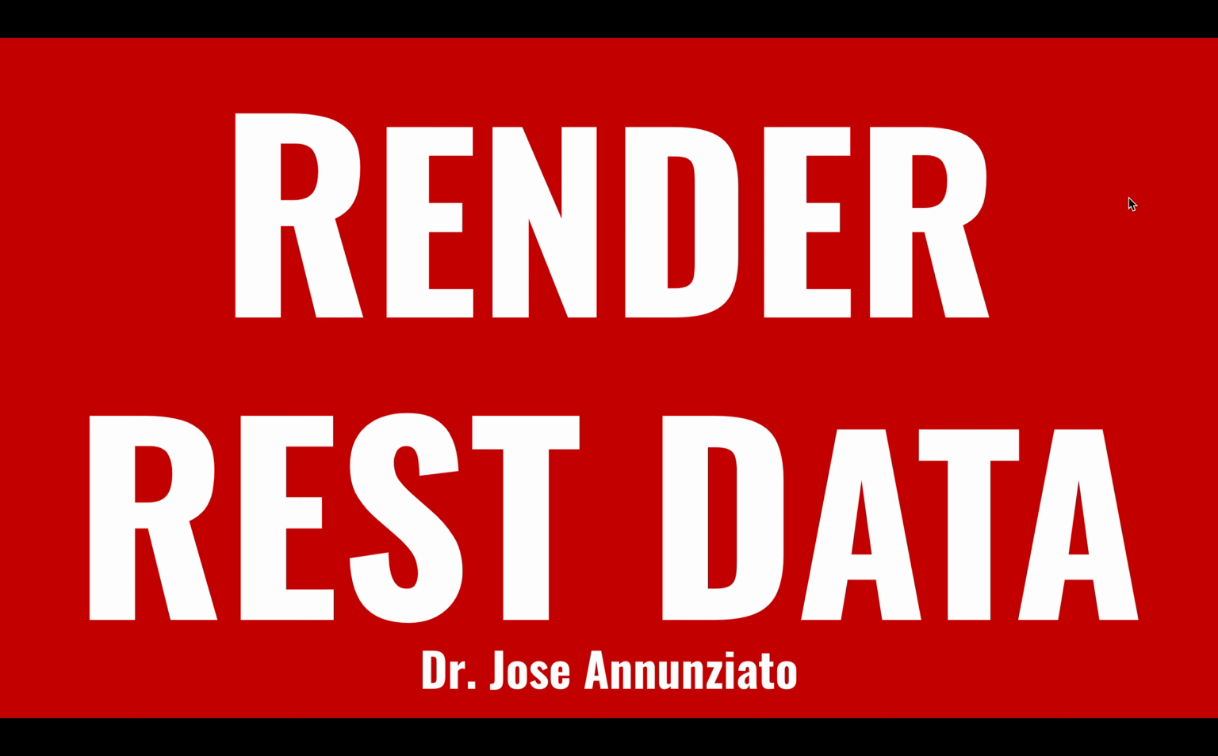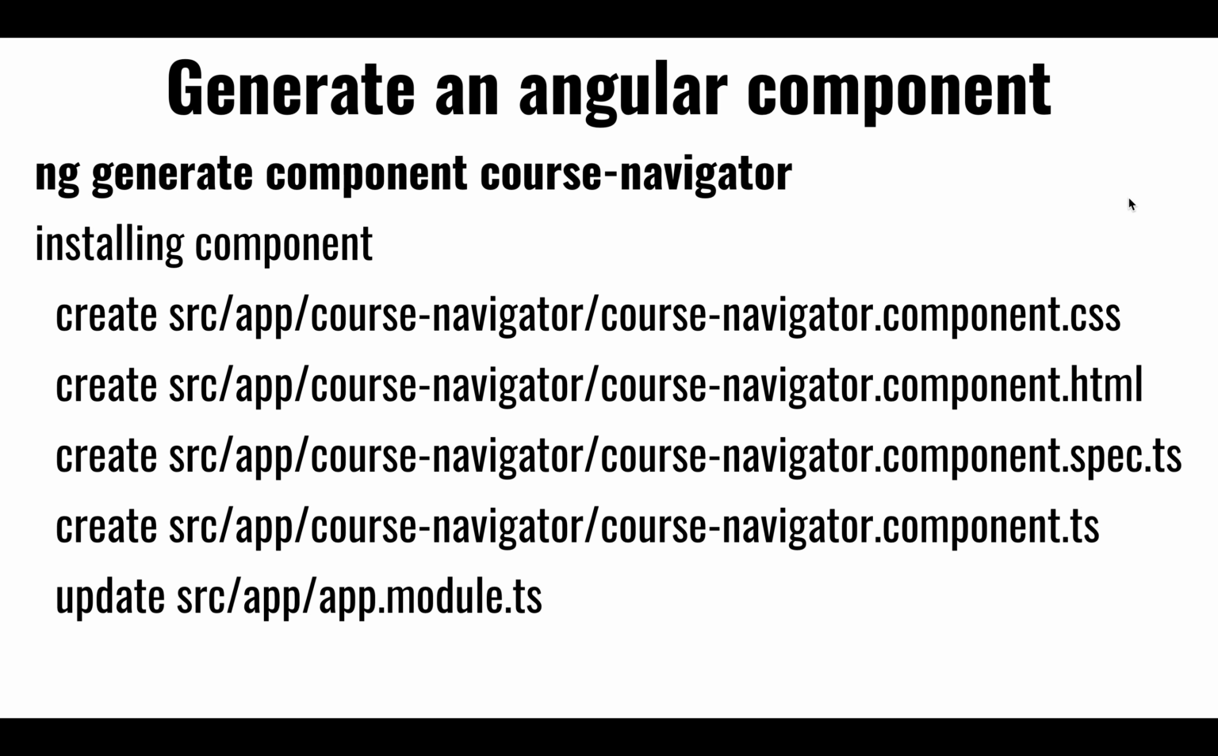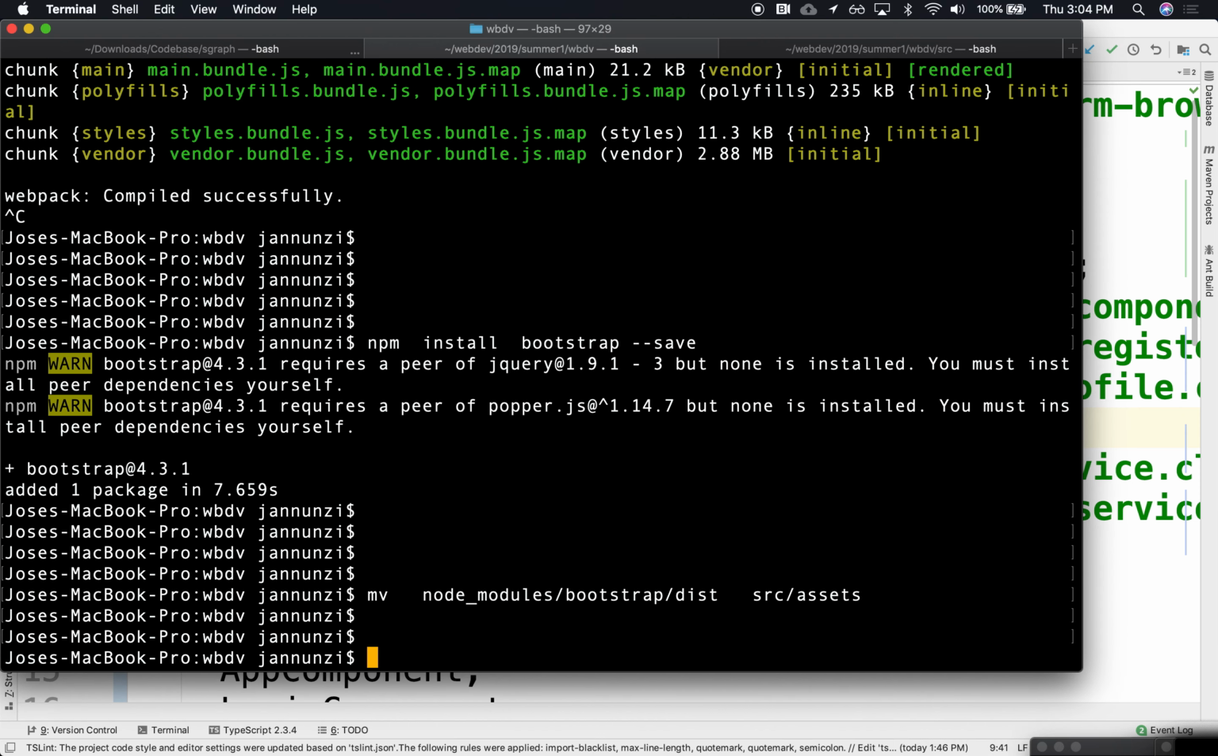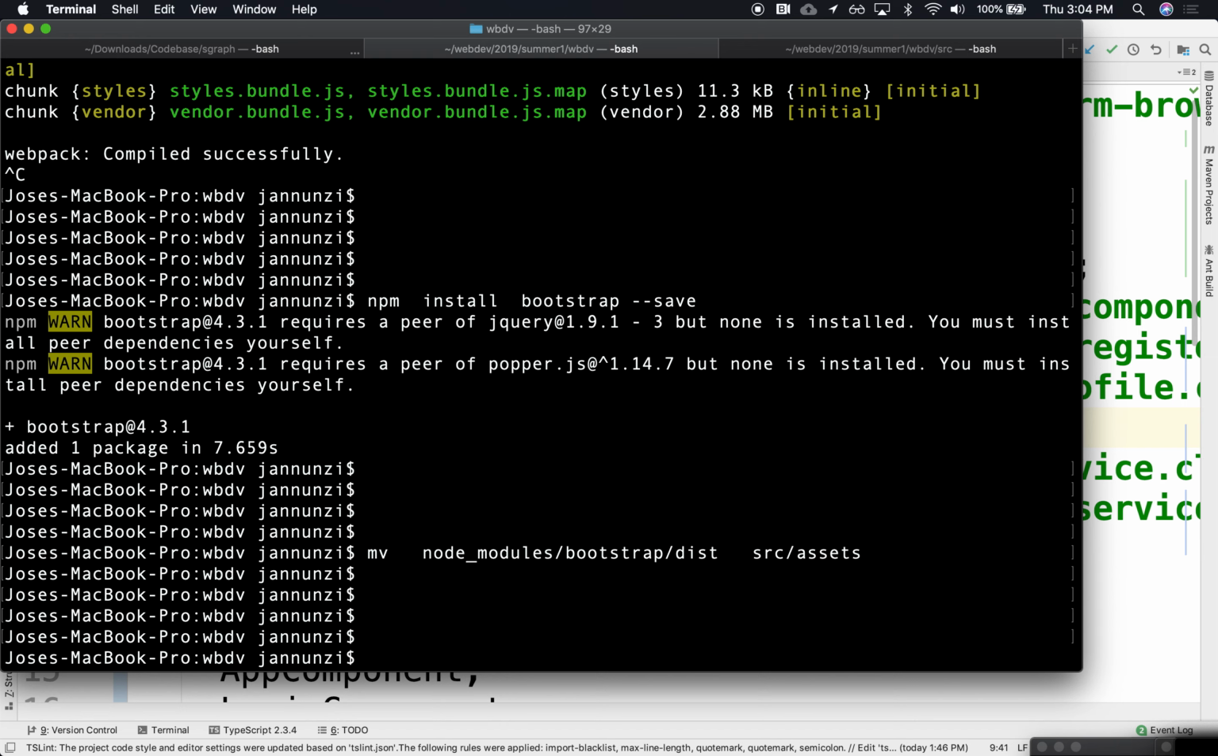Render some REST data that we're going to fetch from the server. Let's create a course navigator component that we're going to render. We're going to render all the columns. So in here, we're probably going to do a